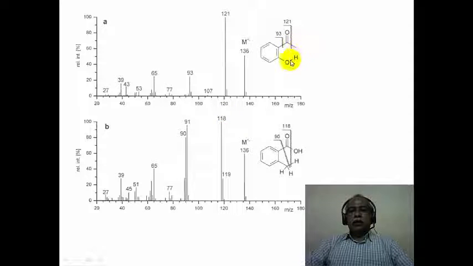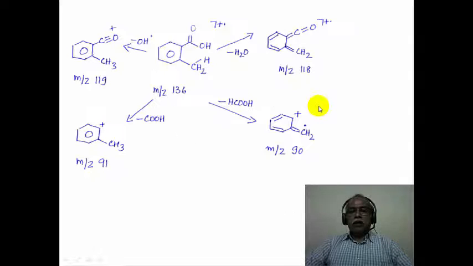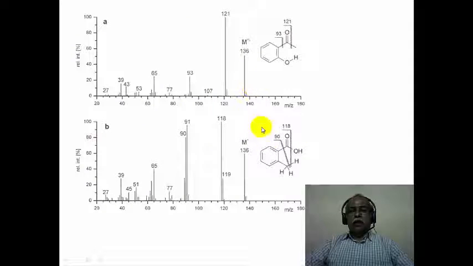Some more examples, ortho-hydroxyacetophenone and ortho-toluic acid, also produce ions by loss of water. In these two cases, the product ion from loss of water corresponds to the peak at 118, which is the base peak in this particular case from 136. Molecule minus 18 is lost here. The mechanistic scheme is shown here for the loss of water and the loss of other fragments, resulting in the formation of the various ions corresponding to ortho-toluic acid, the spectrum of which is shown in this particular slide.